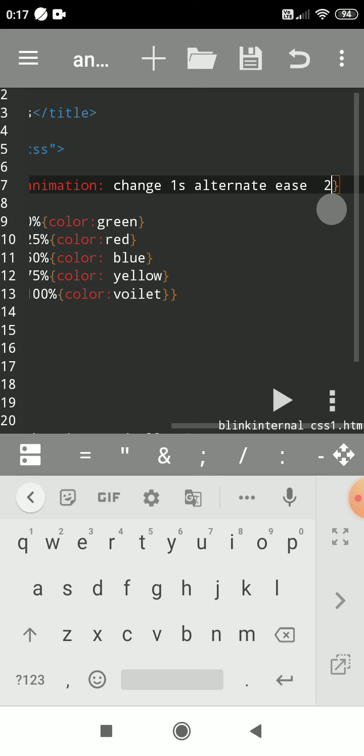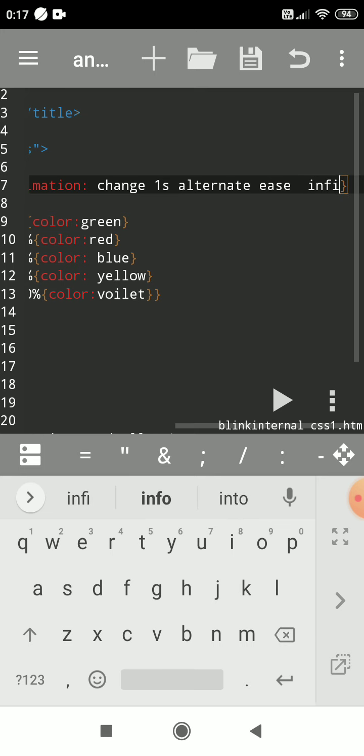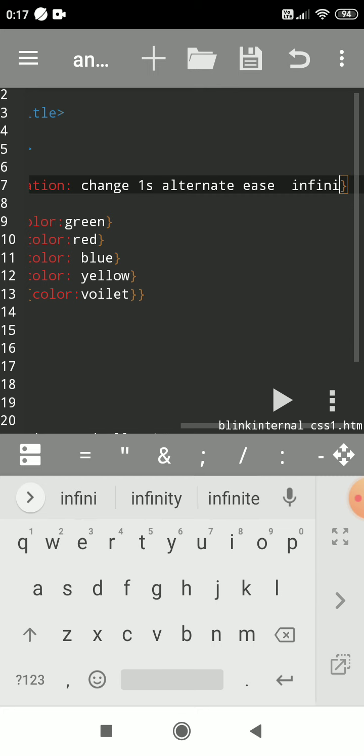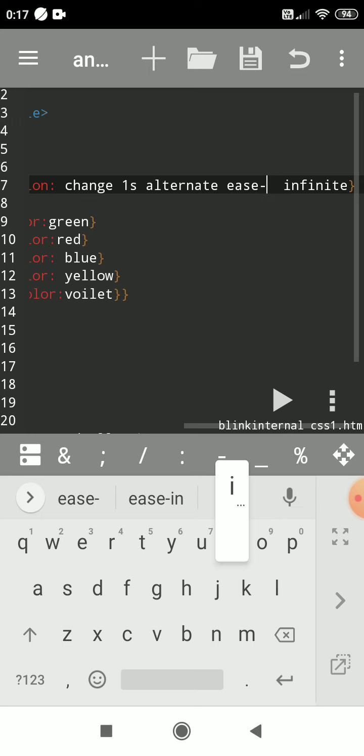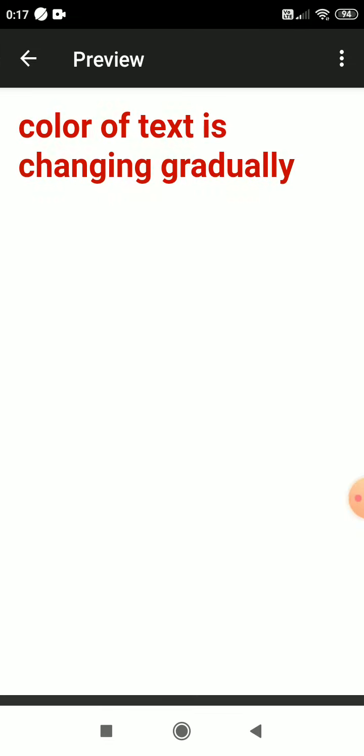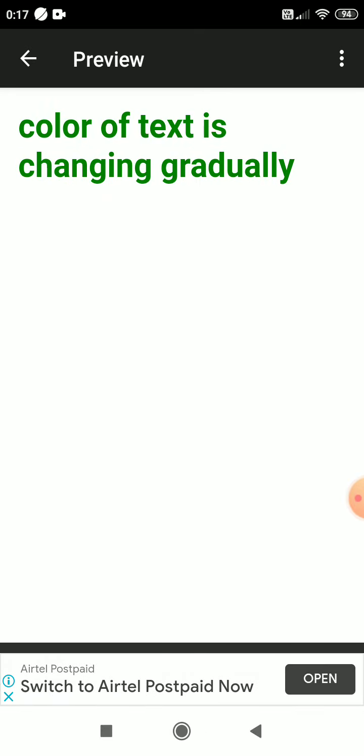So I will change this to infinite again, and ease-in. See now how. Ease-in means the start of the animation will be slow, then it will be fast.